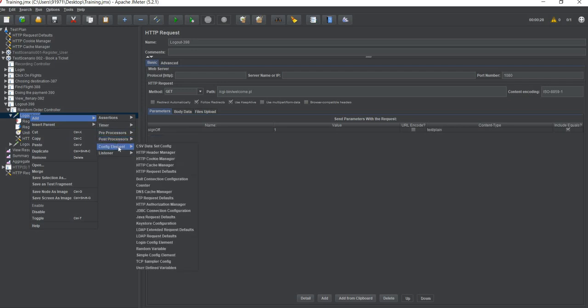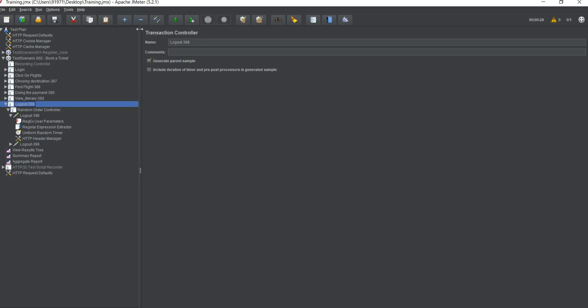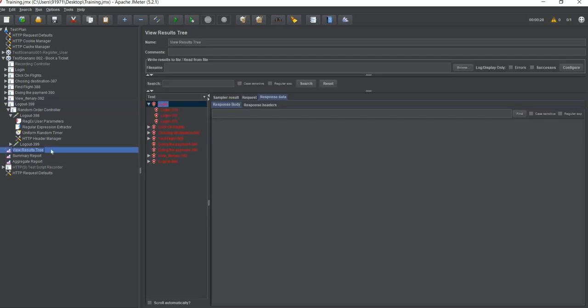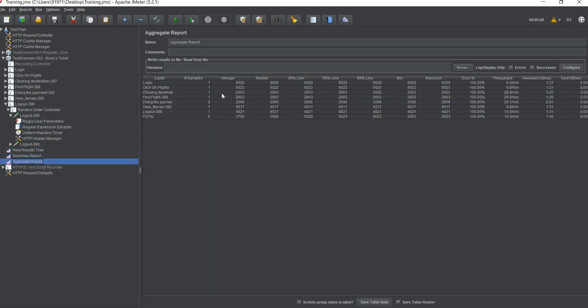Then we have the configuration elements, we've already talked about it. Then we have the listeners. Listeners are nothing but a component which gives us the report. We have already discussed that logical controllers record the time, but how JMeter decides to show these things to you, they have given you some parameters, like you can see the request and response in view result. Similarly, you can see the stats in report summary, then aggregate report.